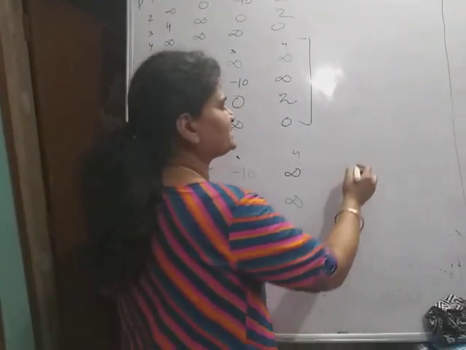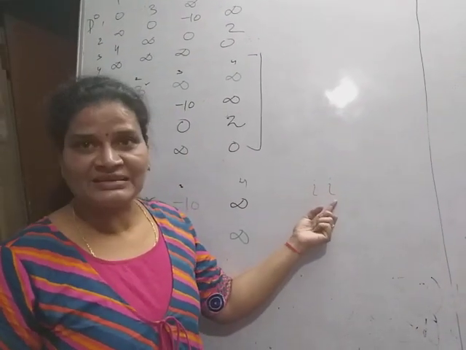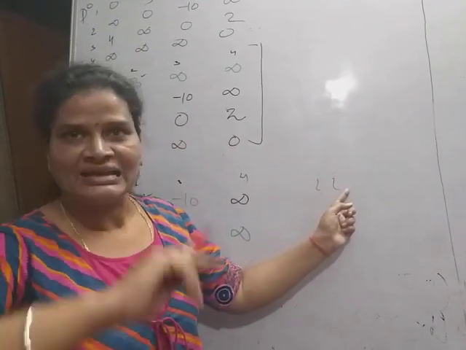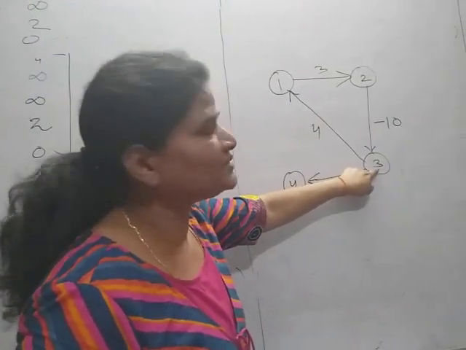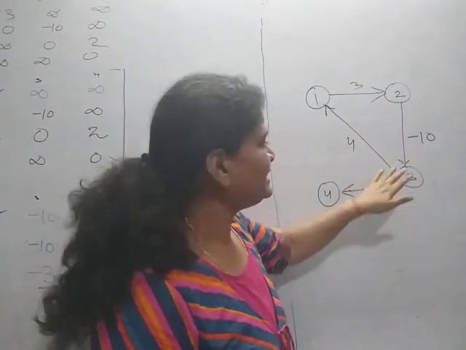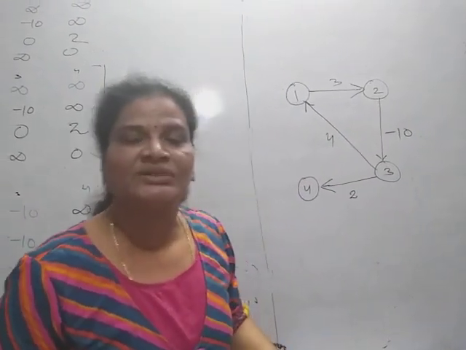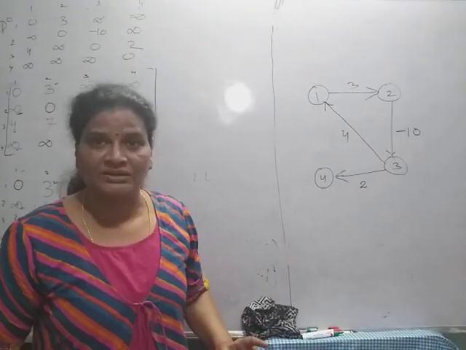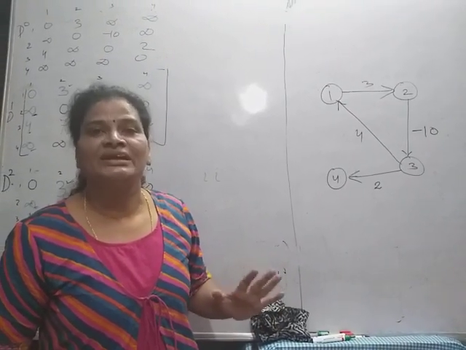Now listen, why is this negative? If you consider the diagonal entry I, it means I is repeated. So it is starting from I and ending at I, it is going through some cycle. So if we repeat this cycle 3 to 3 again and again, then it keeps on reducing. So it will not give the correct answer. So always remember, the Floyd-Warshall algorithm does not work properly if the graph contains a negative weight cycle.